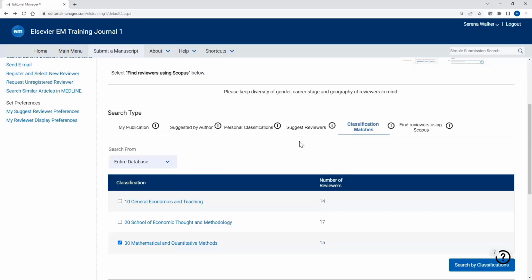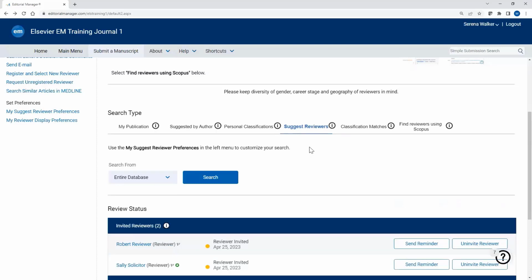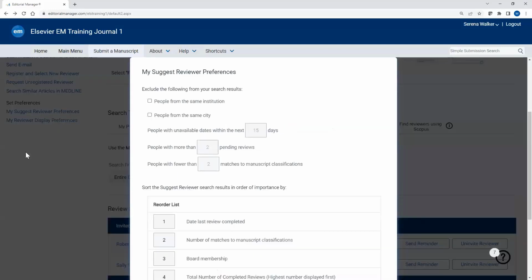And the last tab that I would like to review is the Suggest Reviewers option here. The Suggest Reviewers option is going to search for reviewers based on criteria that you customize using this link, My Suggest Reviewer Preferences, here on the left side. So if I click this link, it will open up a screen here that allows me to customize my Suggest